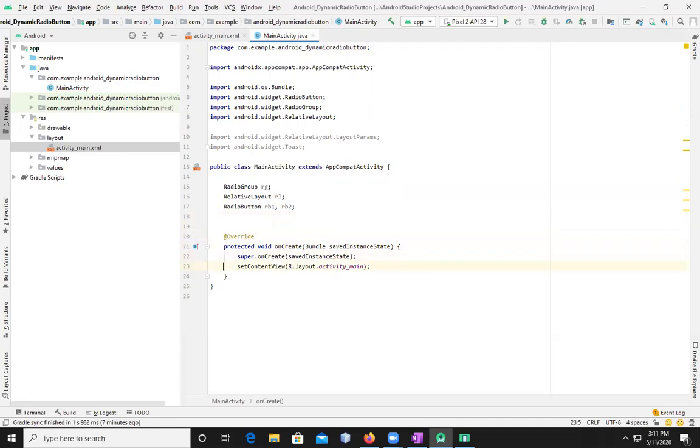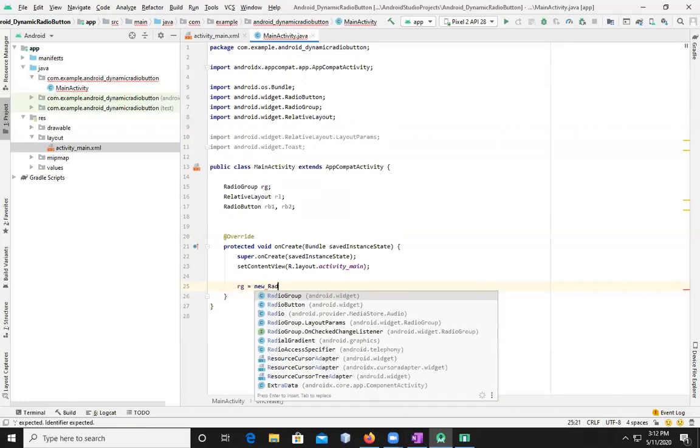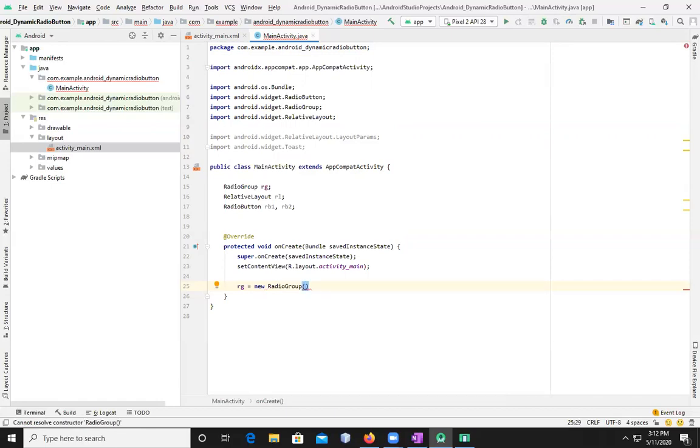Then after that, we are going to define the main information. So RG, which is RadioGroup, is equal to new RadioGroup, this is an attribute. And then after that, RL, which is relative layout, will be equal to